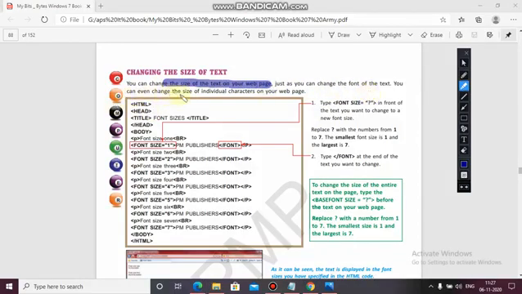You can even change the size of an individual character, a single character. For this you have to use a size attribute with the font tag. 1 will be the smallest value and 7 will be the largest value. Okay, so let's see whether it gets changed or not.